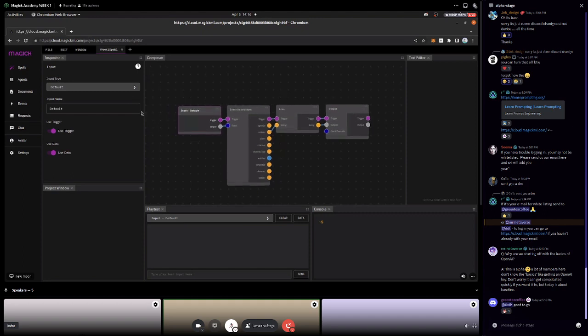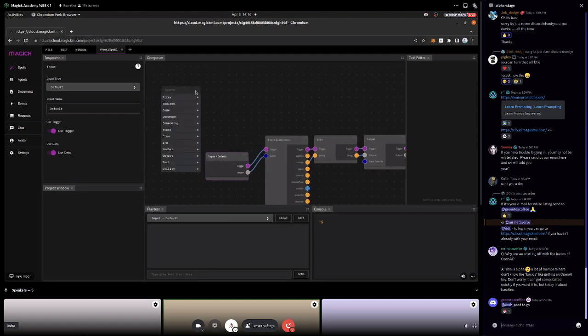So let's see. We'll start with the inspector. If I click on any of these, well, let's start maybe even simpler than that. This is a node, right? I can create a node by right-clicking and dropping a node. Let's say I start with an input node.